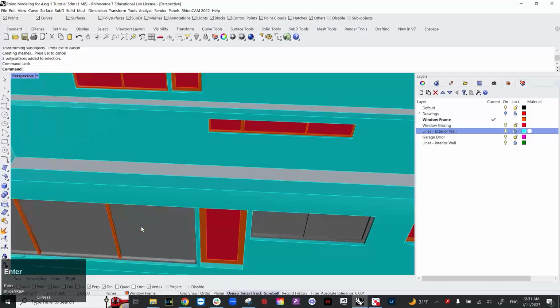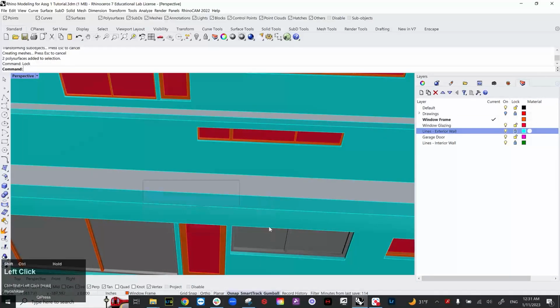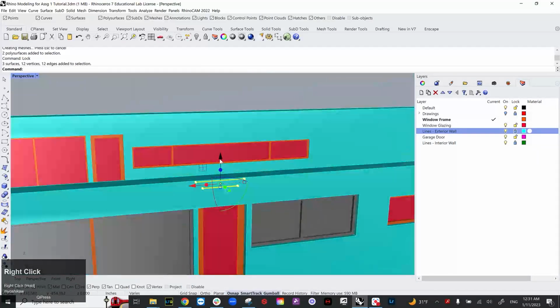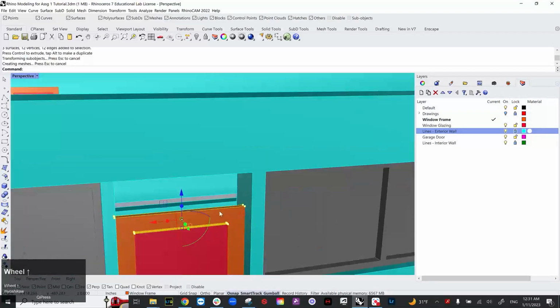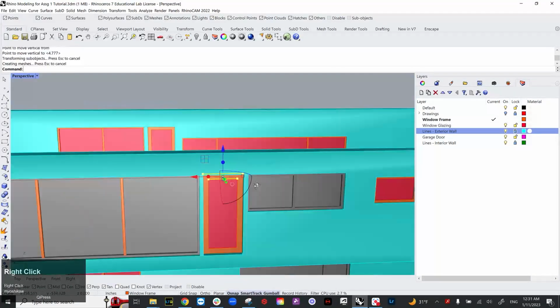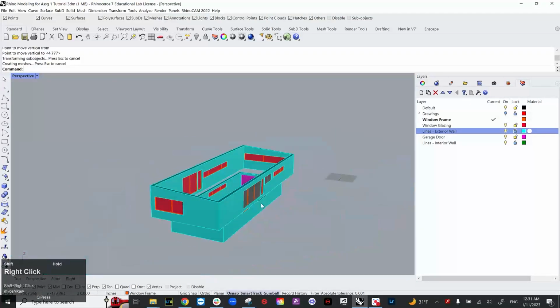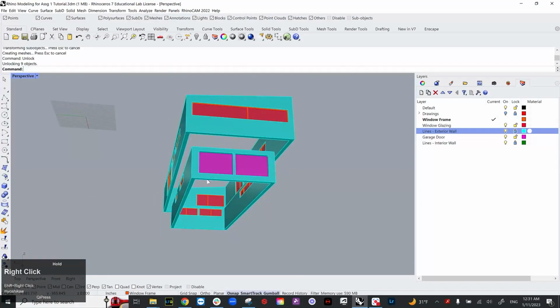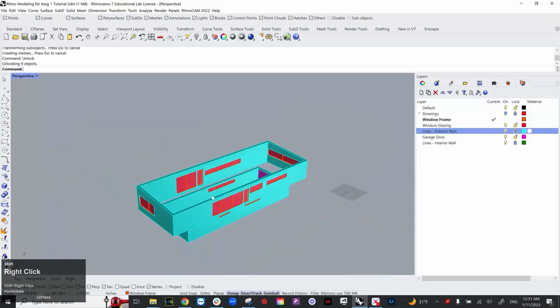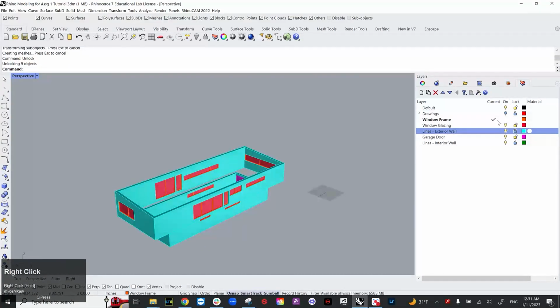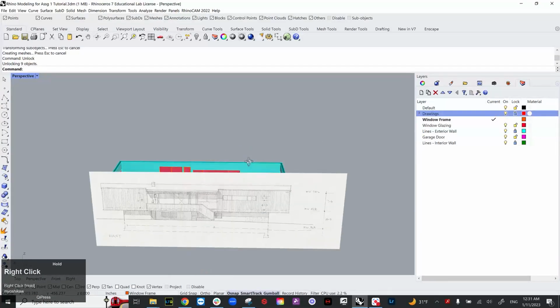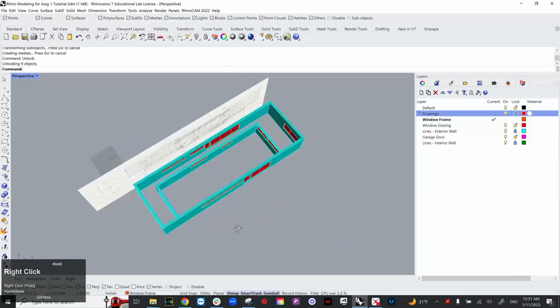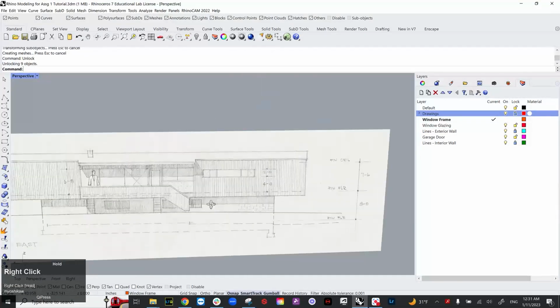I'm going to lock this object as well. Shift Control, left to right selection tool. Up here, move this vertical over here. Okay. So now unlock. And now I have all the windows and doors opened, and that's what I would like to see. The next one that I have to model is the